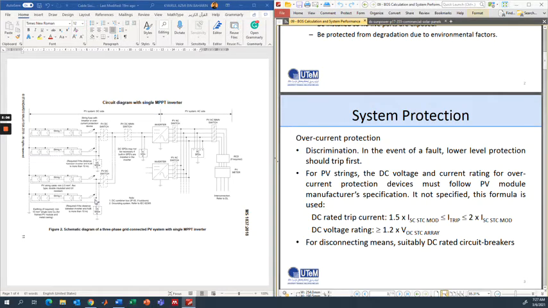Now, actually, there are a number of circuits, a number of different connection categories depending on our system design. So I'm just using one example here. So we need to read carefully. So this schematic diagram is for a 3-phase grid connected PV system with single MPPT inverter.